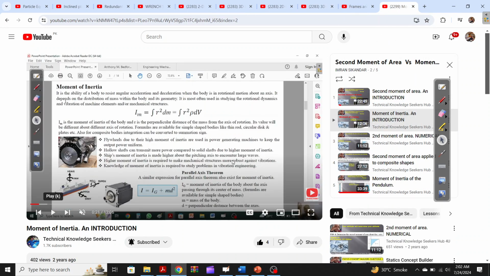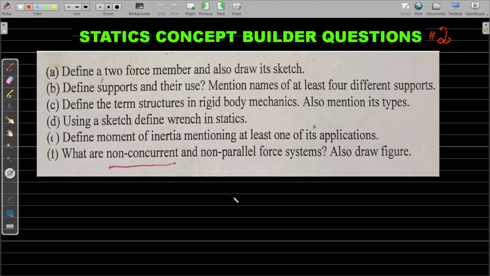So this was the explanation that I have given you, and I hope my explanation regarding our exercise for static concept builder questions part 2 will help you